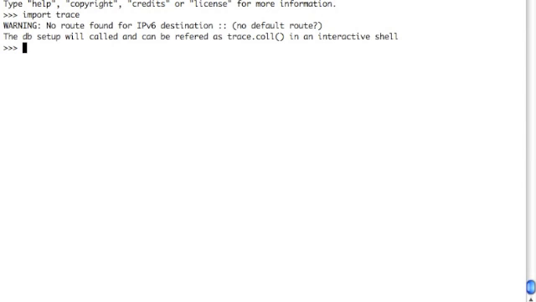Hi, so this is a little demo of my implementation of homework 2. I'm going to start Python with root privileges, and I'm going to import the trace module, which contains all the classes and functions that I've written for this homework 2. You see the first message, the warning that comes from Scapy, which we're going to use to do TCP-based traceroute, and then the second message that tells us that there is a document collection referred to as trace.call